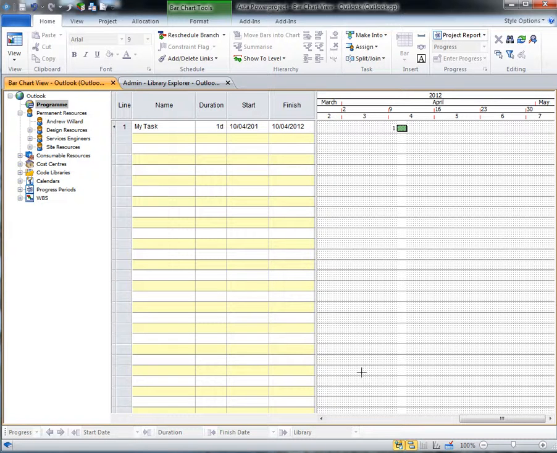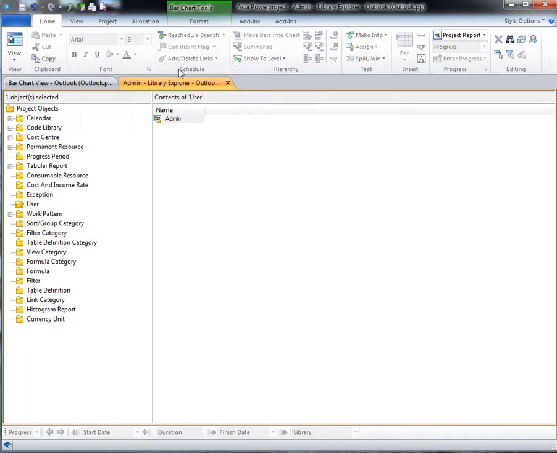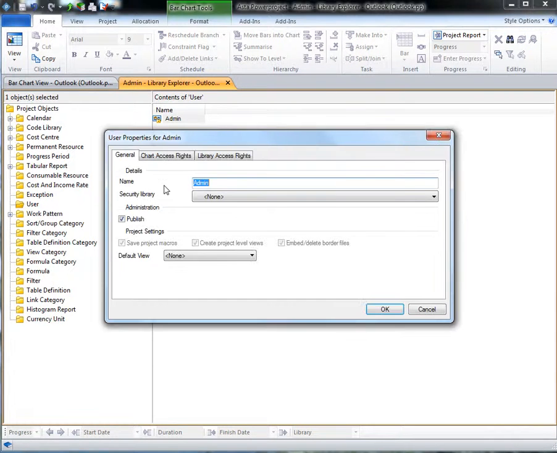Okay, we're going to look at how Asta Power Project integrates with Microsoft Outlook, and the first video deals with the configuration. So the first thing that you need to have set is that the user, so in this case we're in as admin, has a tick for publish. So if you have sub-users in the project, they should have the publish tick